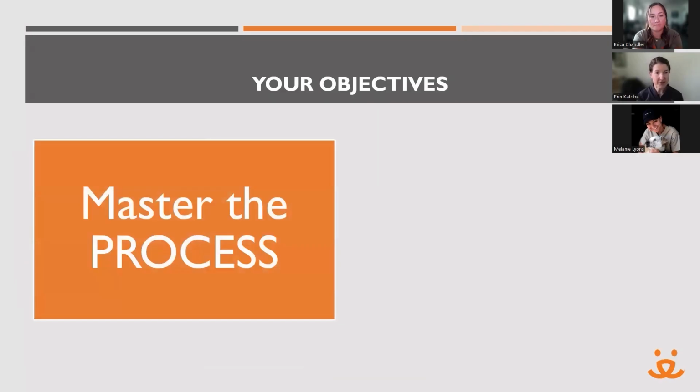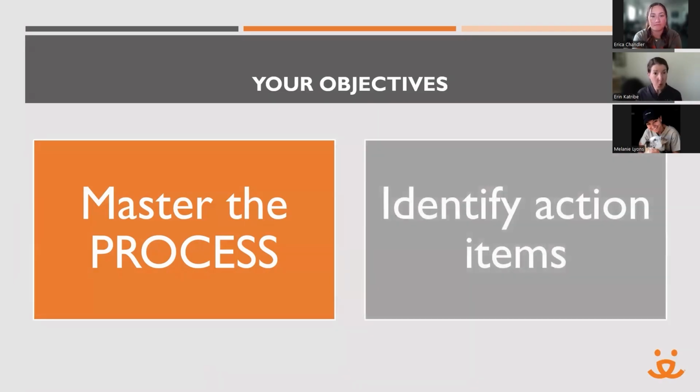Number one, it's to master the process. Get used to walking through every kennel, being efficient, moving quickly, only spending a few seconds on every animal. Of course, we're also going to identify action items. We're going to pay attention to the animals that we're looking at. We're going to write things down. But as you launch, your primary objective needs to be to get used to the process